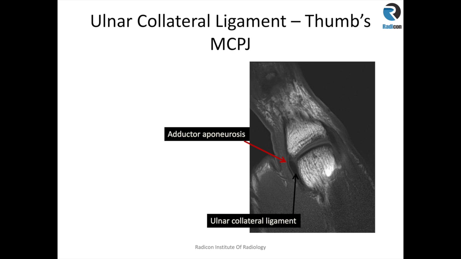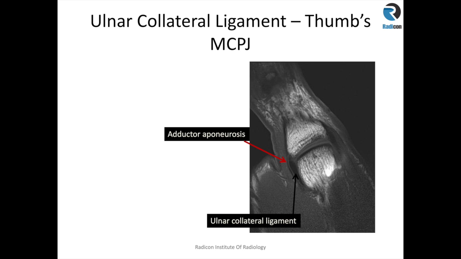Thumb metacarpophalangeal joint ulnar collateral ligament is an important ligament for the stability of this metacarpophalangeal joint. So it's a thick black low signal intensity structure between the metacarpal head and proximal phalanx. And there's the adductor aponeurosis overlying it. So aponeurosis is a fairly thin